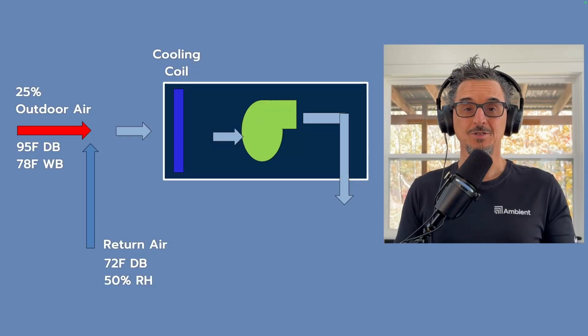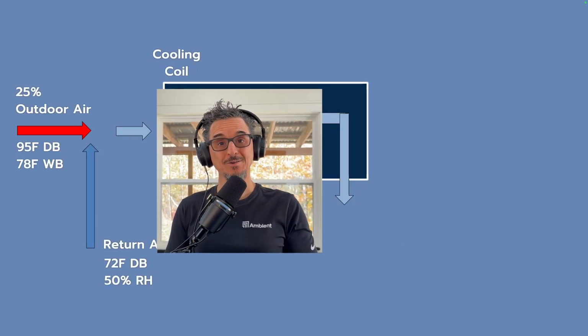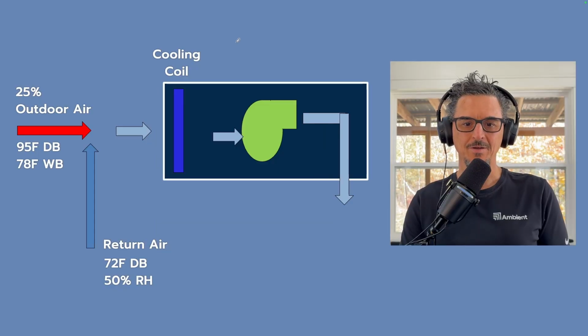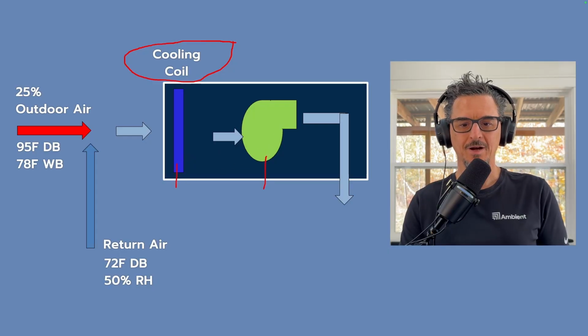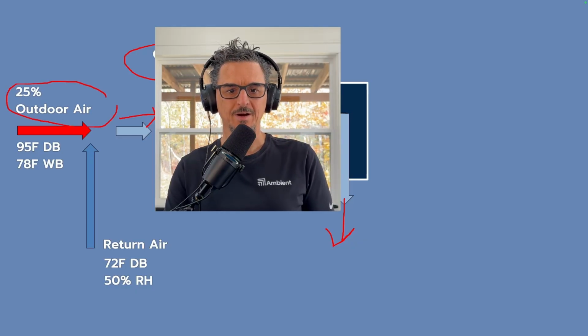In this video, we're going to show you how to calculate the mixed air temperature of two air streams. Okay, so here you have a very common HVAC system. You've got your cooling coil located here, your supply fan right here, your supply discharge to the space, and your return to the unit. So for sake of this example, let's say we have 25% outdoor air at 95 degrees,